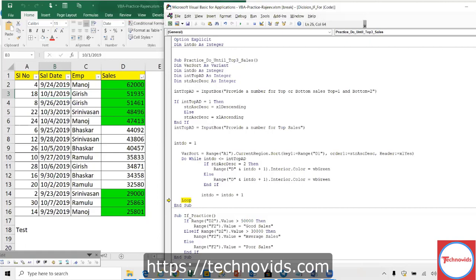Red. Okay, it will be red. So now for the bottom, it will highlight in red, and for the top it will highlight in this one.